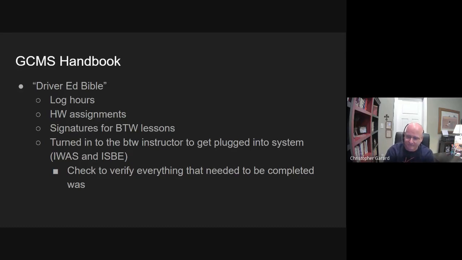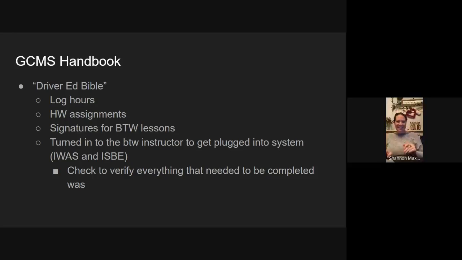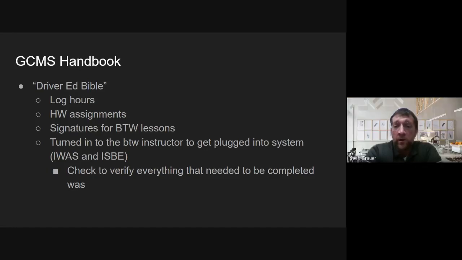So somebody had raised their hand. Oh, go for it. Can the 50 hours be logged by like an older sibling that's an adult or a grandparent as well, or is it just the parent? I might have missed that. Somebody that is 21 or over. Oh, 21. Okay. Yep. Other than that, that's the only people they're supposed to drive with if they're in the passenger seat, according to the state law.